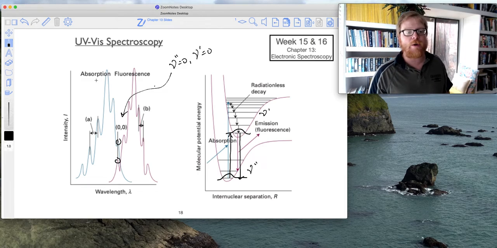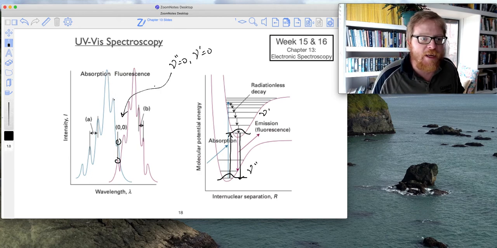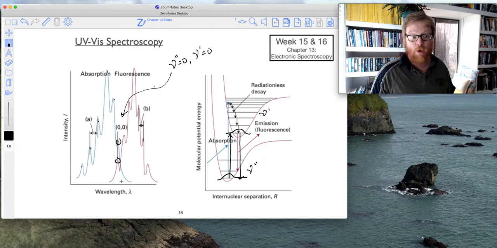So now what you notice, each one of these peaks corresponds to a new vibrational level within the absorption spectrum, okay? And so, for example, this very next one right here would correspond to going up from 0 to 1, so going up to that extra level, okay? So I'll say that's 0,1. And then the next peak would correspond to going to 0,2.